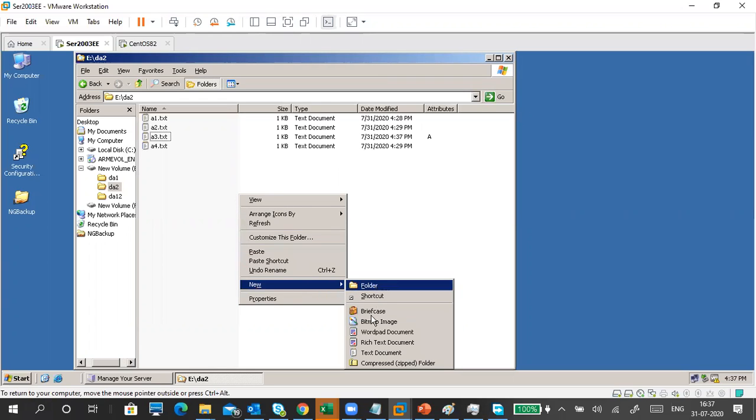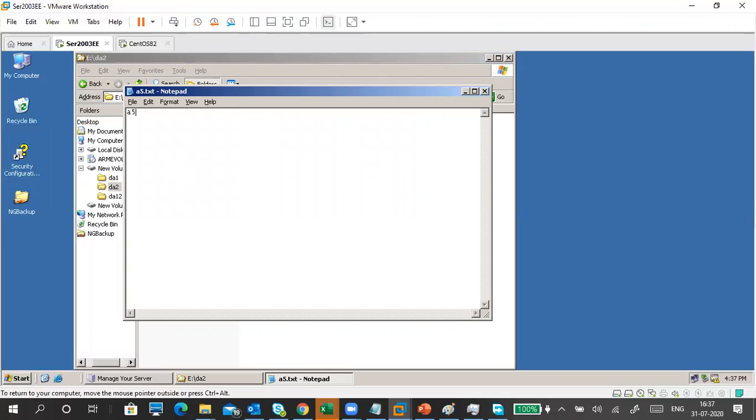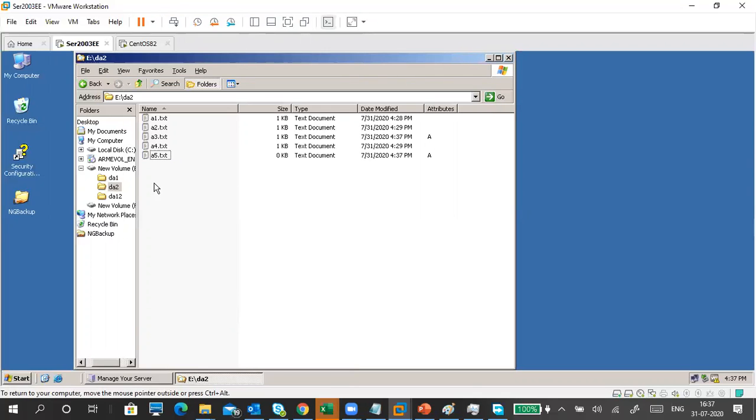the archive attribute is created. And also I'm adding a new file. The file name is something like this. Okay, A5 new file is created. So this is A5. So now because of the normal backup, these archive attributes are gone, and I modified this file. The archive attribute came, and I created a new file. The archive attribute came. You'll see the differential backup.